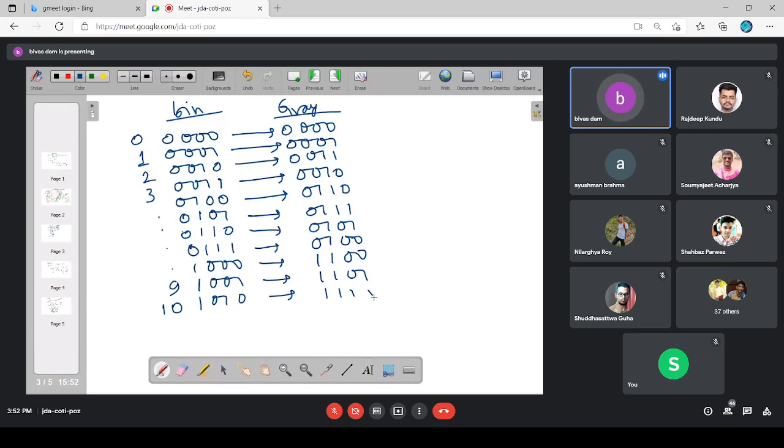It may not have that much importance in the normal standard digital electronics field or the computer system. But when you are working with instrumentation or some signal sensor or signal transmitter, you have to have certain knowledge about the gray code and how they are encoded. In fact, the position encoders available in our lab also follow this gray coding only. Okay, so I hope you understand the importance of the gray code in the instrumentation field. Any doubt? No, sir. Fine, thank you.